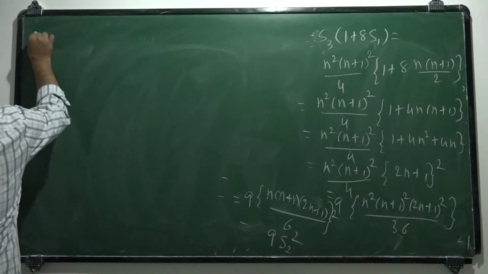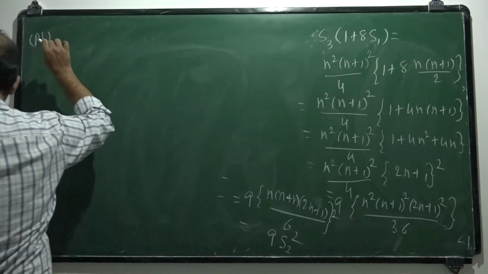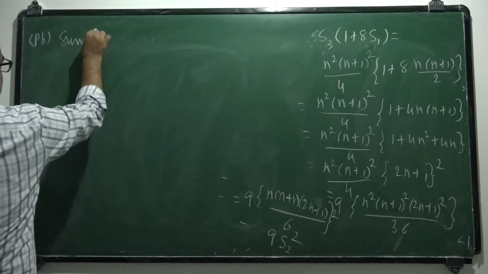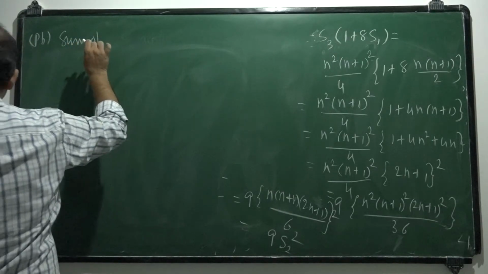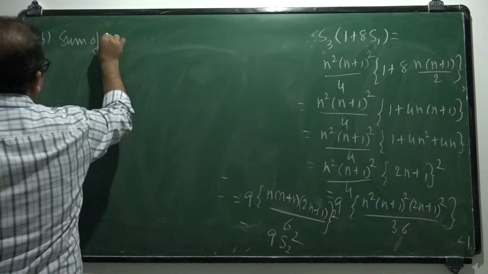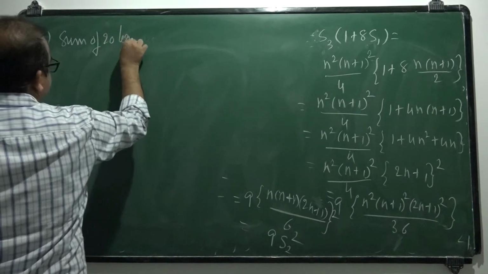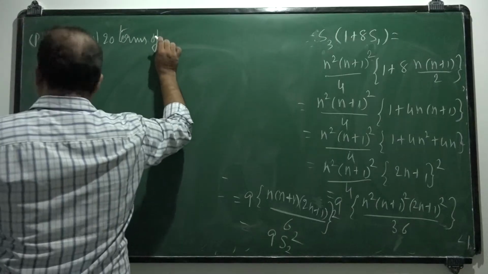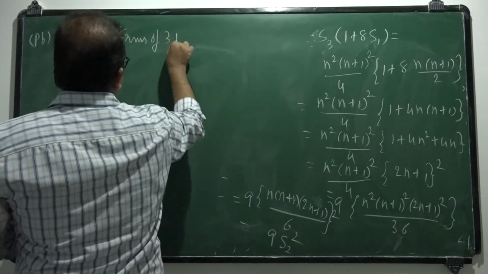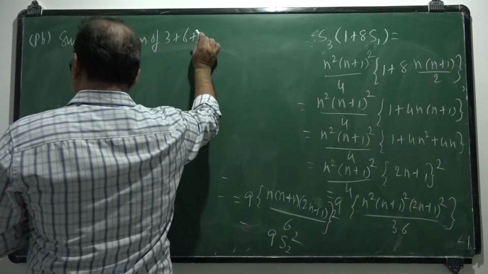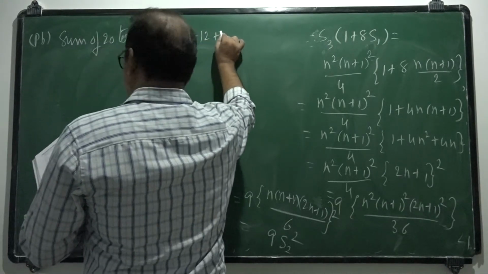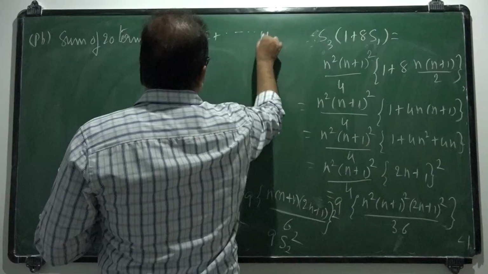Next, sum of 20 terms of the series 3 plus 6 plus 12 plus so on is